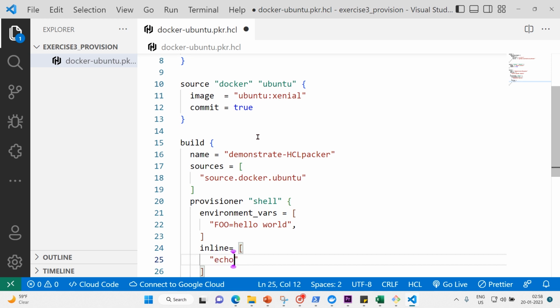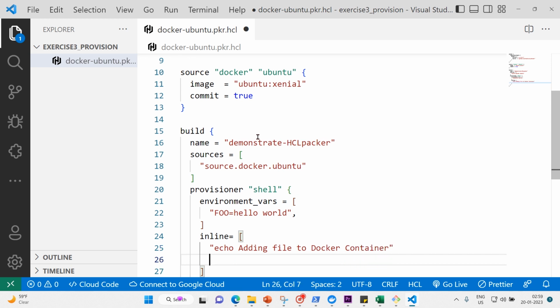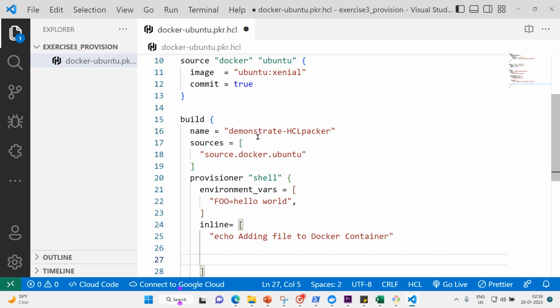So echo, what do you want to echo? Adding file to Docker container. What is that file? How do you do that? Again,